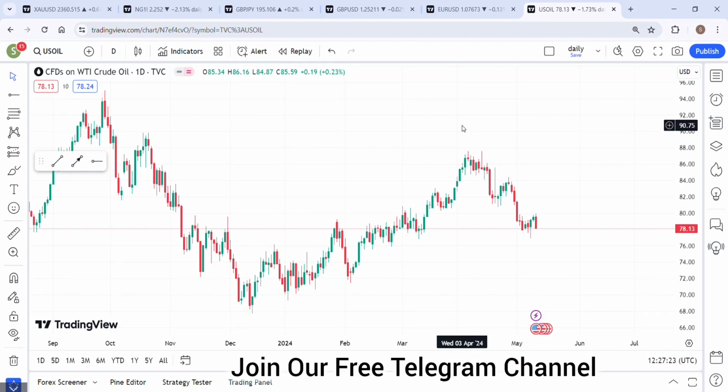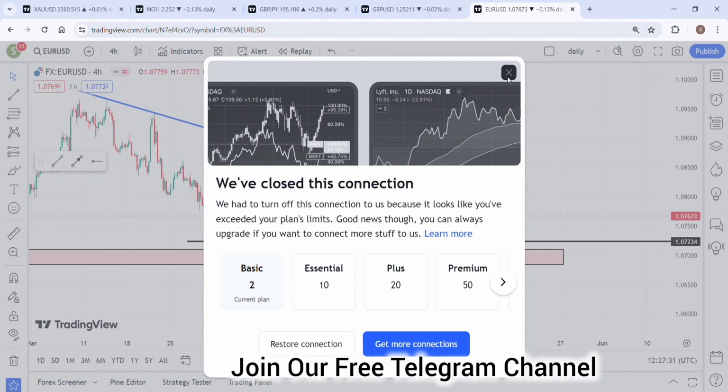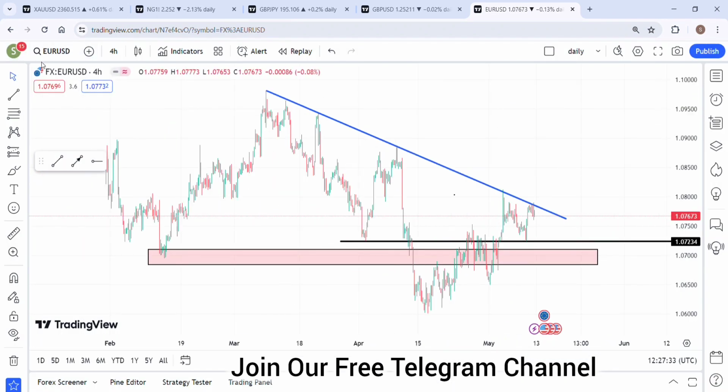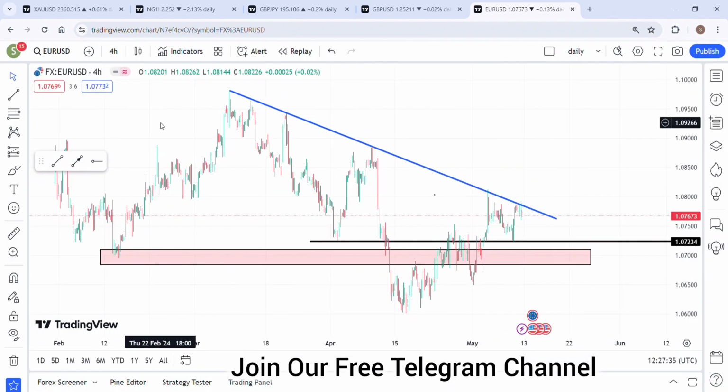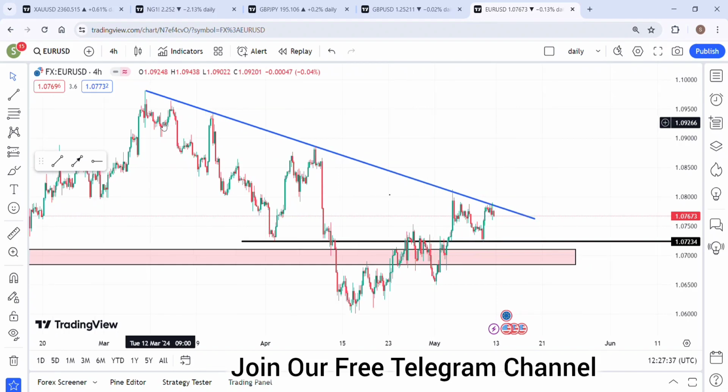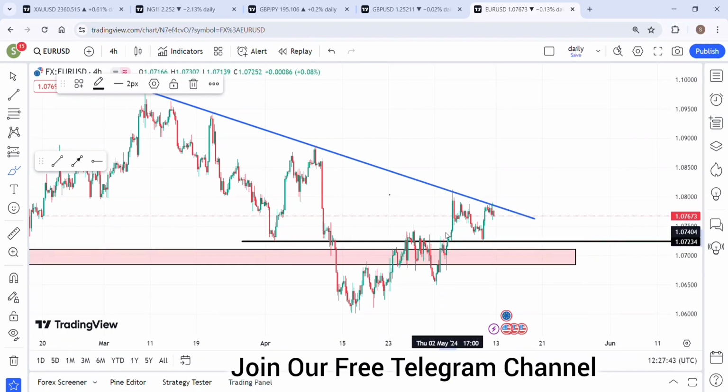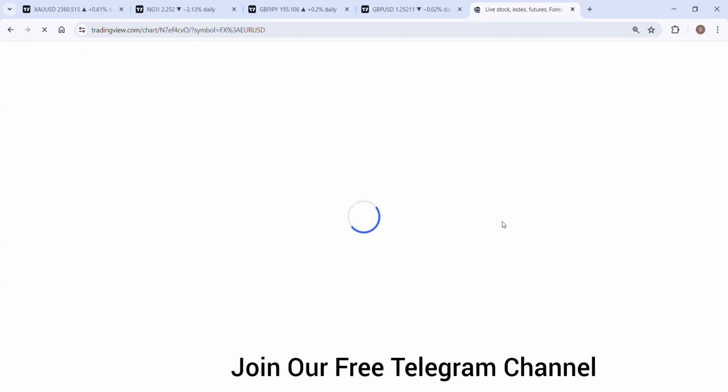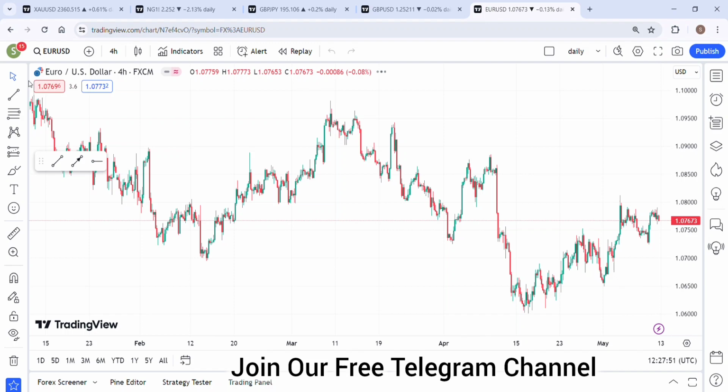So basically let's remove the oil pair and let's talk about the new pair, Euro USD. This is the pair of Euro USD, and as you can see, this is the chart of last week. Last week, when the market was here, almost 4 H4 candles, I told you that it will move in this triangle structure. If somehow Euro USD is able to break the structure, then we will again have a long-term buying area.